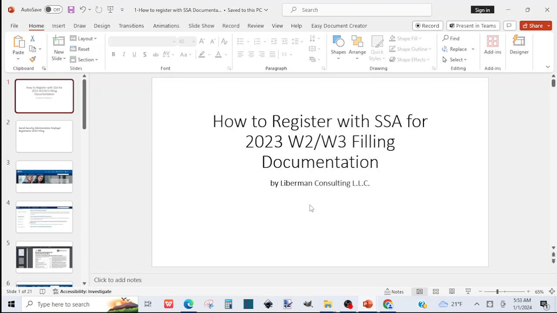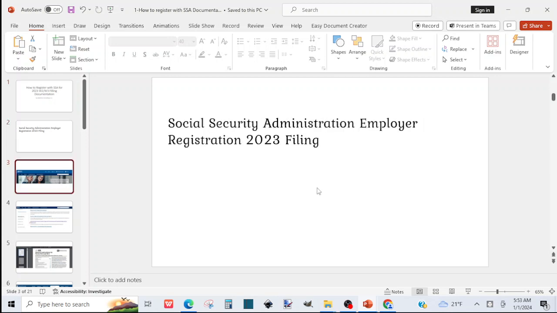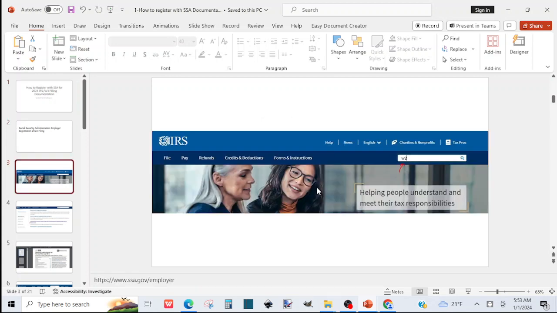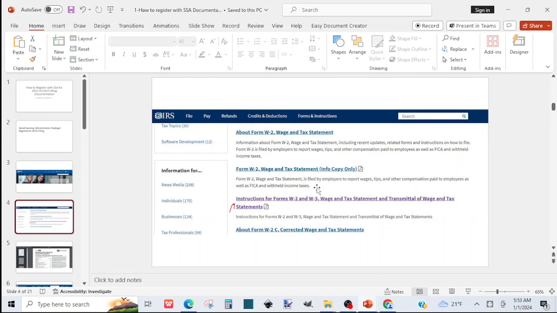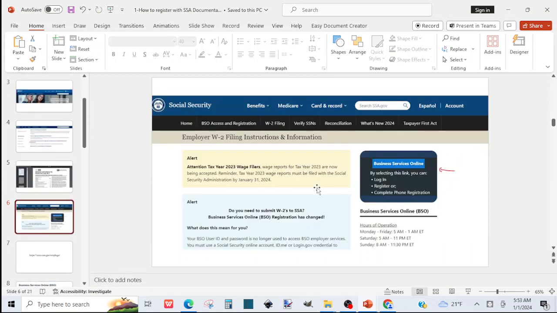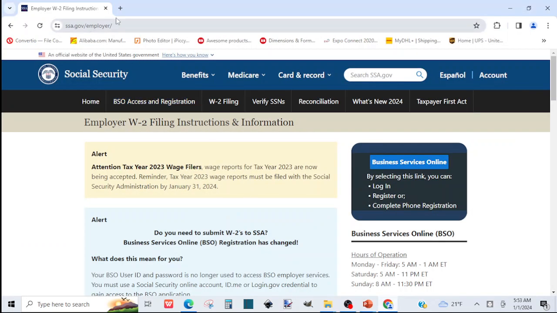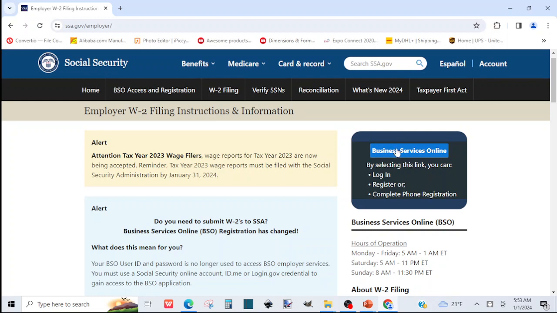And that new registration is a requirement for new and existing employers. So if you have not gone through the new registration process yet, you might want to check it and complete it. So we are going to go to the Social Security Employer page, and to complete the new registration, as you can see in the prior year from the